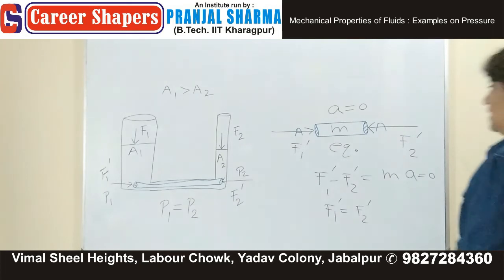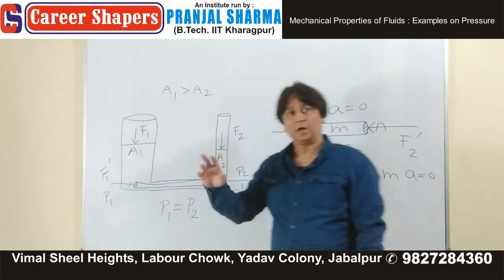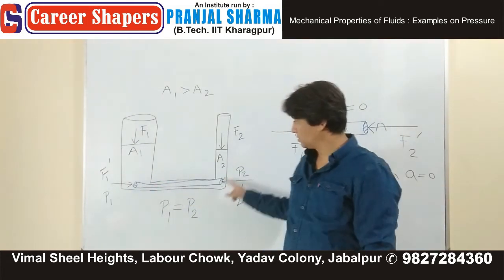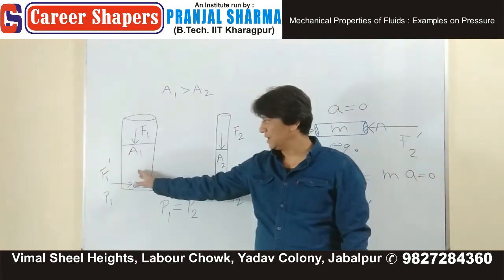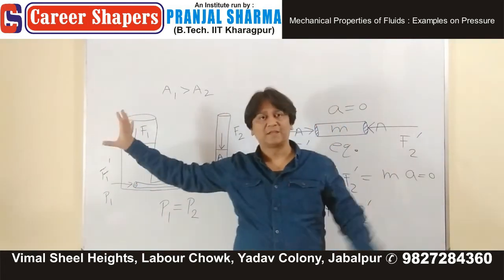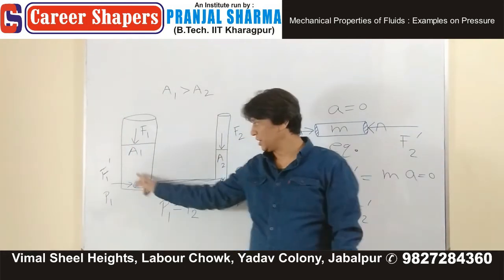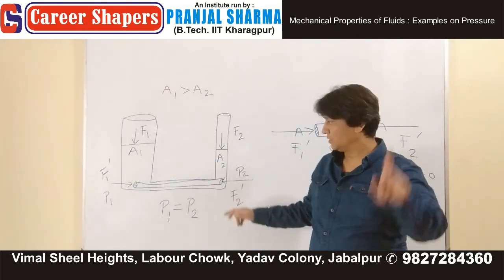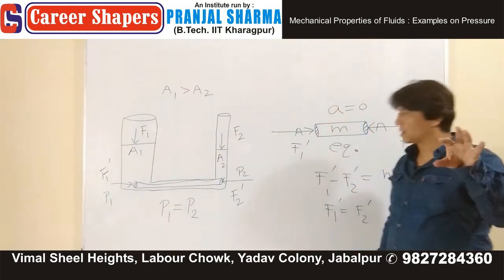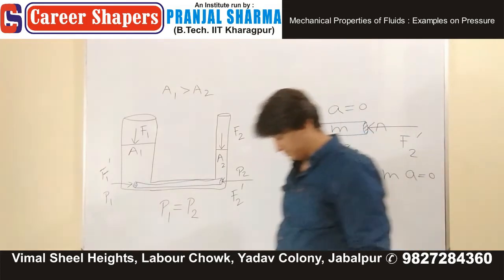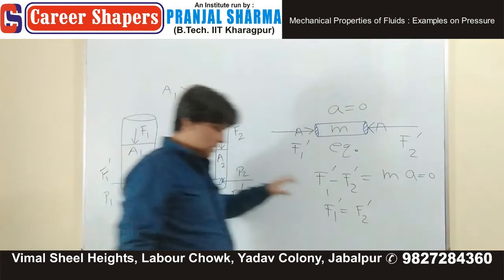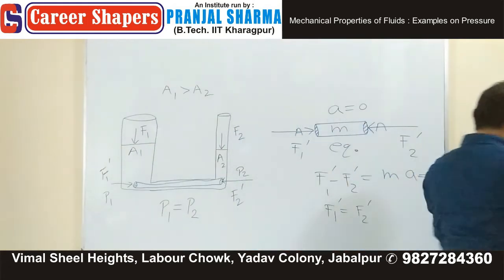Write down a statement. I will call it a continuous system. The whole thing is connected to this left limb is connected to the right limb, not like the previous profiles when you had separate beakers. If you have a continuous setup like this, for that continuous setup, we are writing the statement. So mention this: for a continuous setup, at equilibrium,